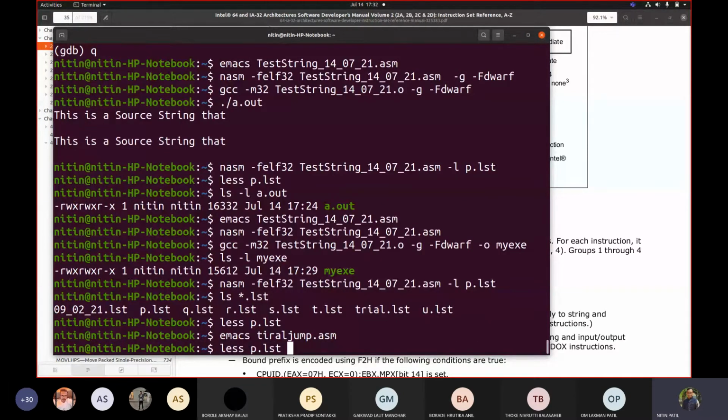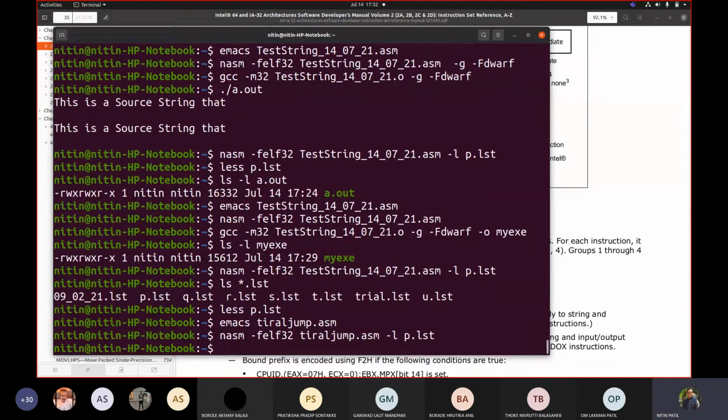Now we have p.lst with us, so we will use that later, side by side, because we will be requiring that backward jump and forward jump. Dash f elf32, dash l p.lst.